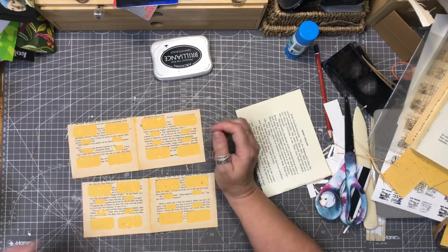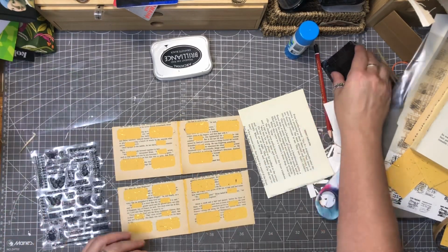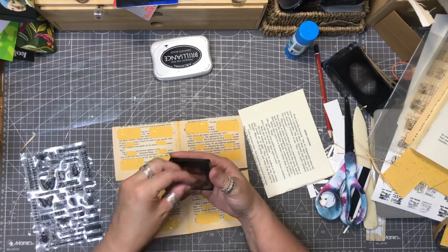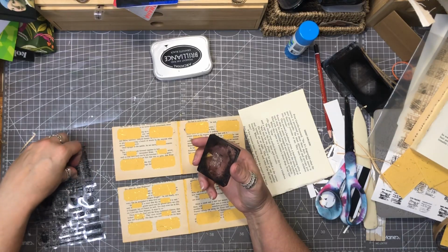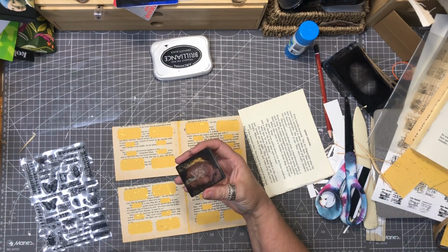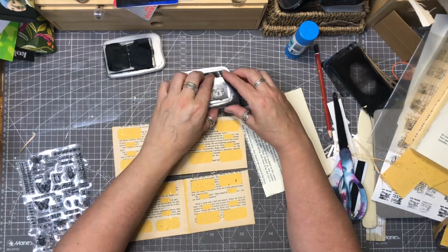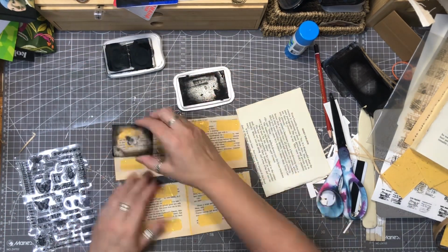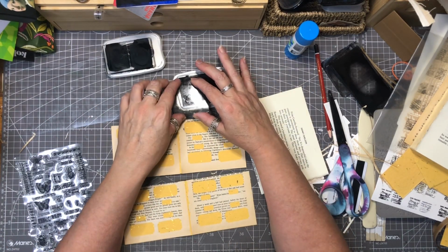I just wanted to put a little stamp in each one of them to just lend some interest to it. Something I find with this particular stamp pad is that it doesn't dry. It takes forever for this ink to dry. So I do make another one of these off camera, and I have a really old Stays On ink pad. It dries super quick, but unfortunately the stamping isn't very dark. So I pulled that out and did some stamping on that one